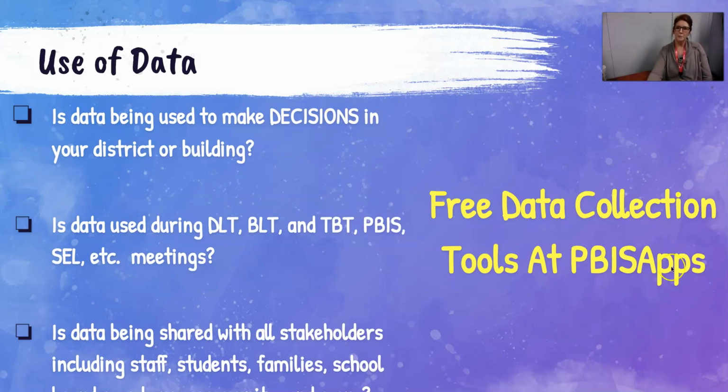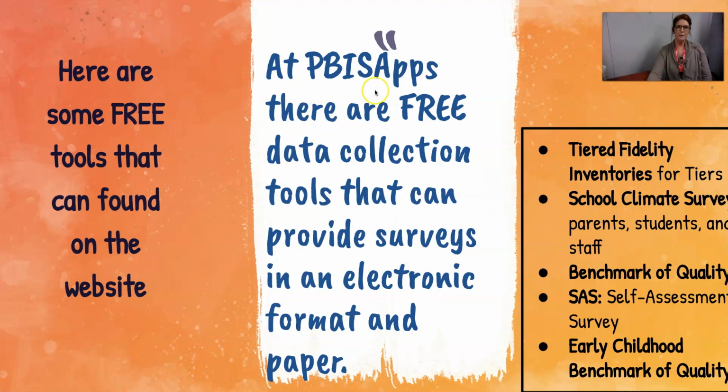This session is going to show you some free apps that I can provide and will be very helpful in your use of data. So if we take a look here at the middle, these free apps that I'm getting ready to show you, you can get an electronic format and a paper format for these varieties of assessments. So I'm going to talk about the first one right here. We in PBIS mainly use what's called a TFI, and it means Tiered Fidelity Inventory. We have one for tiers 1 through 3, and I'm going to show you what they look like in a minute and describe that a little more.